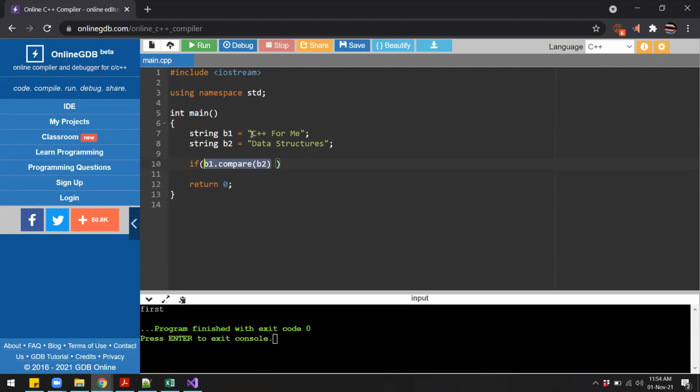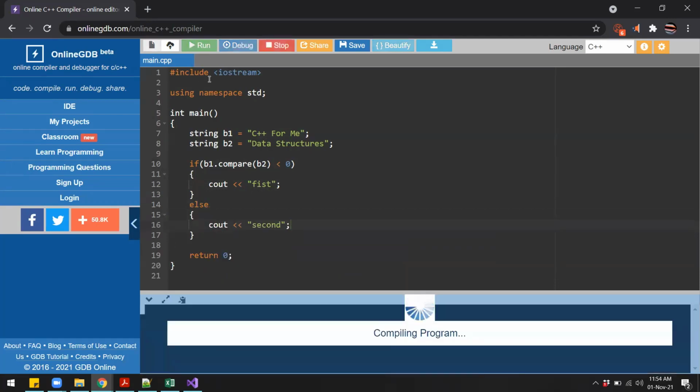So in here you will see that C++ should go first. So we can say C++ is less than data structures, because C is smaller than D, or we can say C goes before D. So if that is true, then this function will return a number that is less than 0. So I can say if B1 is less than B2, then I will say maybe first, otherwise let's print second.